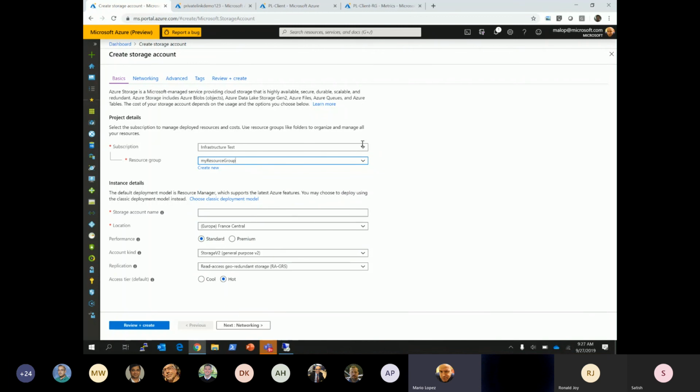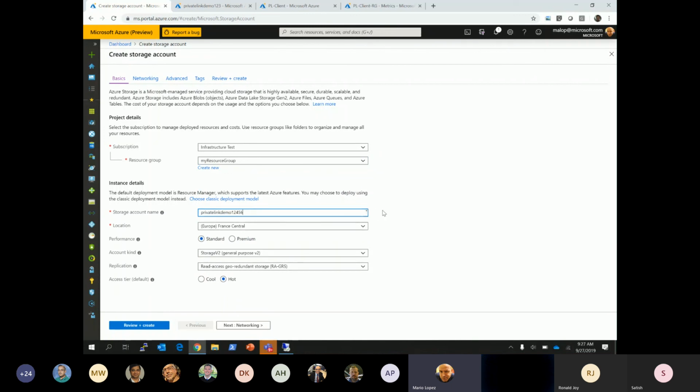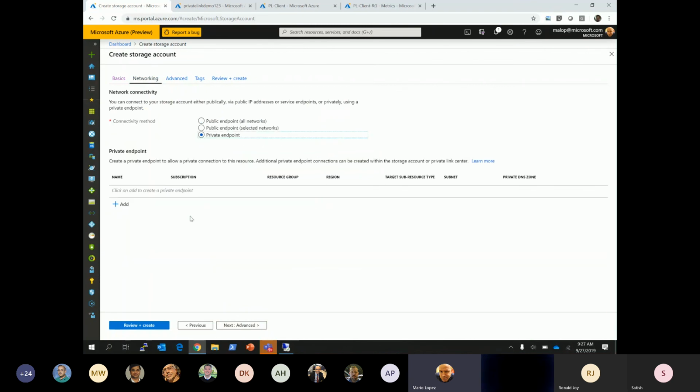Now, in this option, you can start creating, let me do a random name here. You can now start deploying a storage account, and it'll give you the option in the networking section where you have the three options available. This is basically the defaults that we have today. You can consume this storage account over a public endpoint. You can add restrictions over the same public endpoint, but you have an option here to create a private endpoint